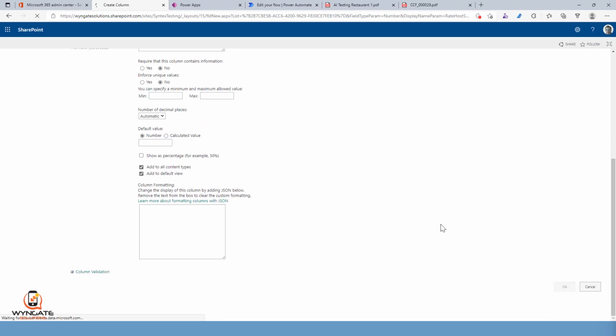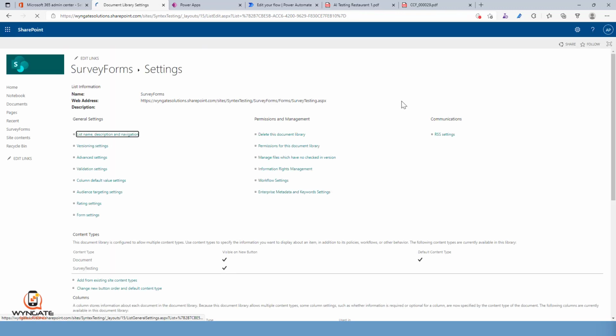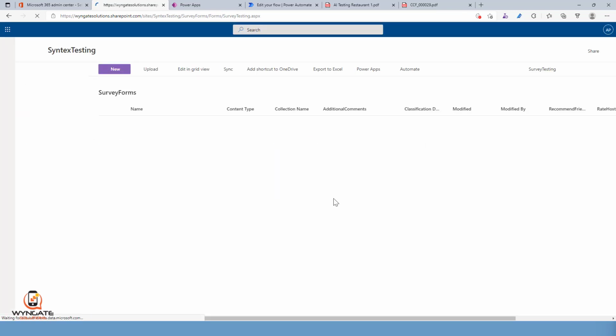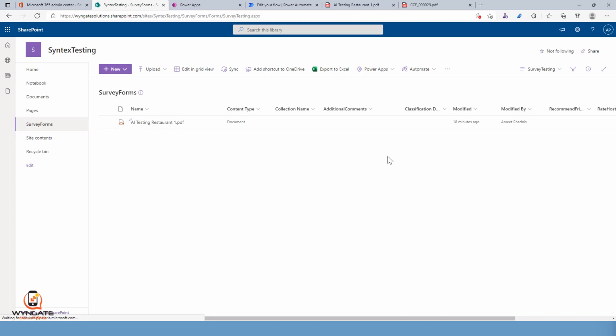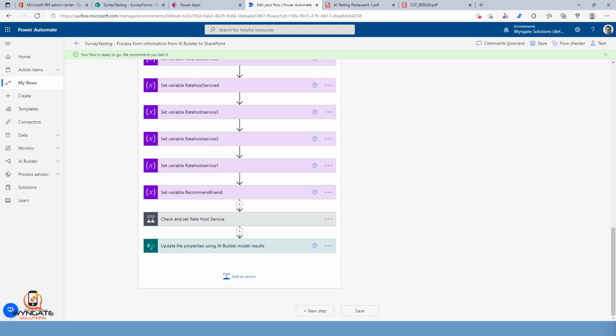So click on OK. Now our document library is ready to host all this information. So now the last step, what we are going to do on our Power Automate is we are going to